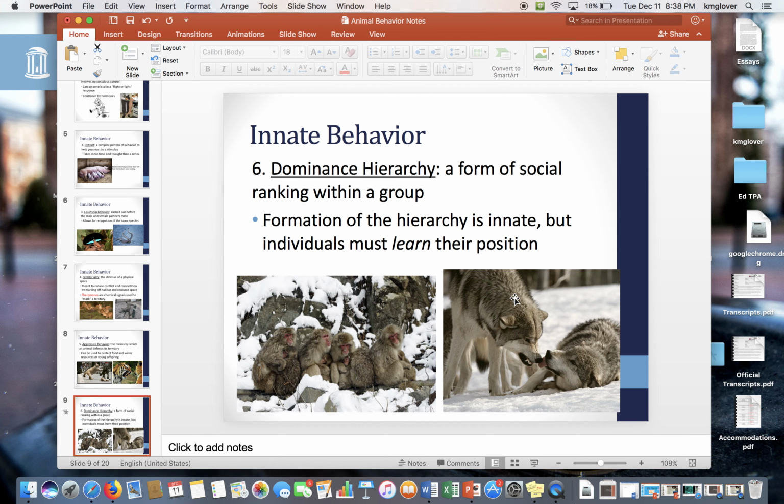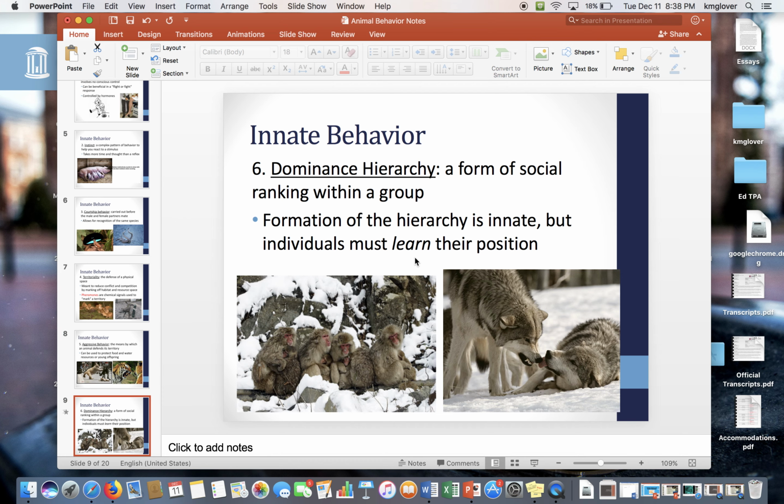The actual forming of a hierarchy is innate. That's just something that some organisms and species just do. They form these hierarchies, but where you stand in your hierarchy, in your ranking, is actually learned. Baboons have a very interesting dominance hierarchy. They form this hierarchy. Somebody's always at the top, people are below each other, but where your position is something